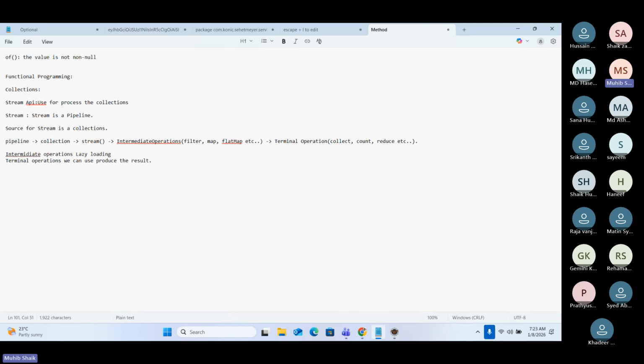Then inside the for loop, I will write the condition: if employee.getEmployeeSalary() is greater than 5,000, you can return those employees. Like that, we will put it inside the if condition. So here we are doing it using normal Java, the traditional way. With the help of streams, instead of going with the traditional way,